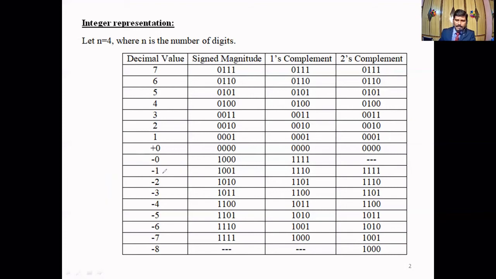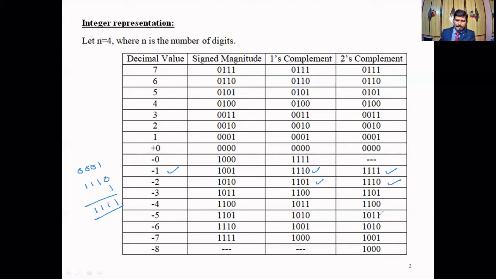Now, coming to minus 1. How is minus 1 represented in 2's complement? Take 0, 0, 0, 1. Take its 2's complement, because negative numbers are stored in 2's complement. 1, 1, 1, 0 is the 1's complement. Plus 1, if you do, 1, 1, 1, 1. This is for minus 1. That means, take this and just add 1. That is the 2's complement. So for minus 2, this is the 1's complement. Plus 1, if you do, you will get this one.